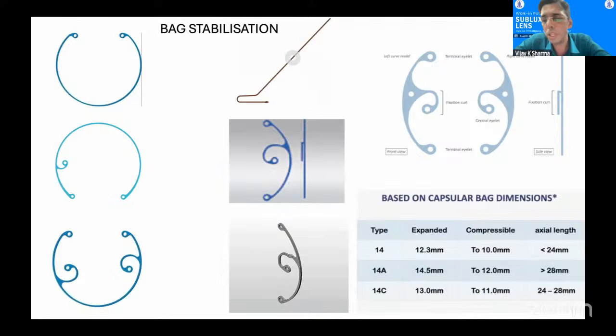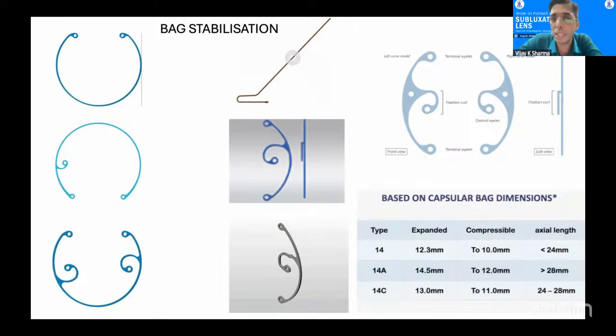But in very short eyes, you may have to go for a smaller, maybe 10, 12 CTR. And for very long eyes, more than 28 millimeter, a 12, 14 size CTR would be a better option. Then if you have to stabilize the capsular rim and the zonules, it's better to choose the